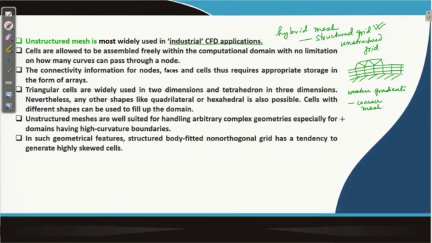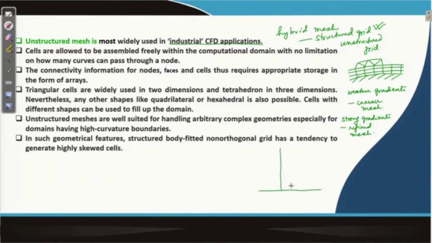while strong gradients, which are often produced due to rapid changes in the geometry of a body surface or viscous effects like we see in boundary layer kind of flows, you need to have a refined mesh so that you can capture the gradients well. Just to show you an example,